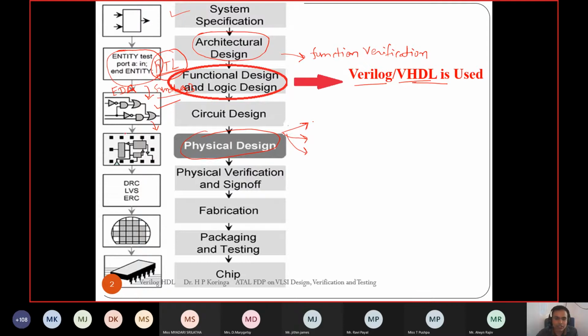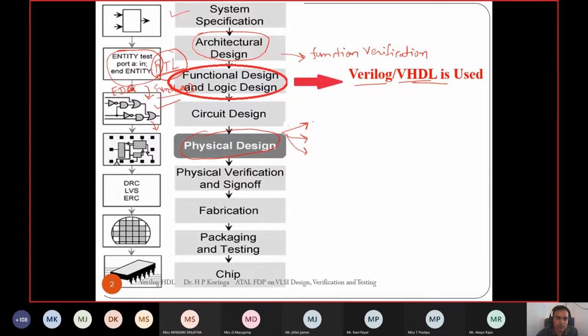Once the physical design is ready, on Thursday we are going to have 3 sessions, each of 2 hours duration. In those sessions, we'll cover the entire physical design flow, and you will be happy to know the session experts are from the industry. The physical design tools are very costly in VLSI design.